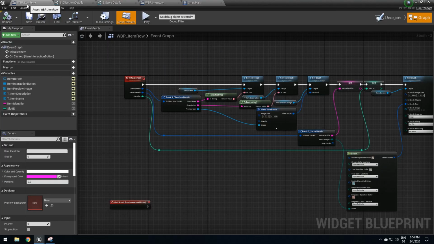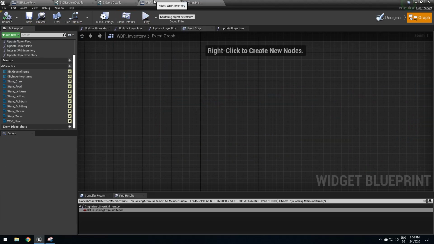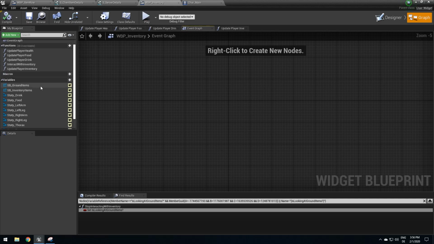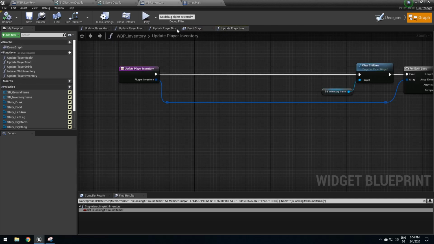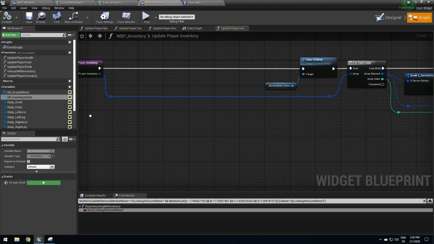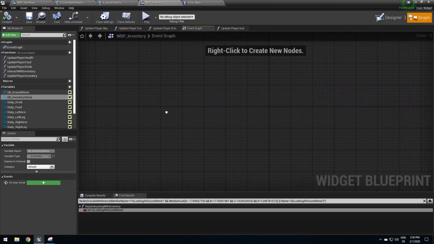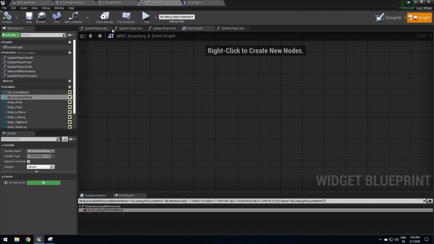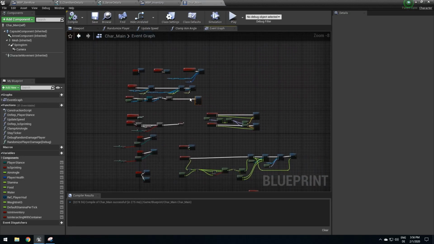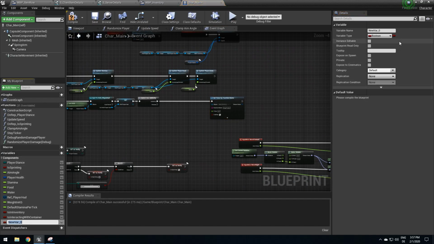This is definitely going to be a bit of setup, but it's going to work for just displaying our basic inventory. So yeah, the player needs an array of server detail structure. So we want to just provide